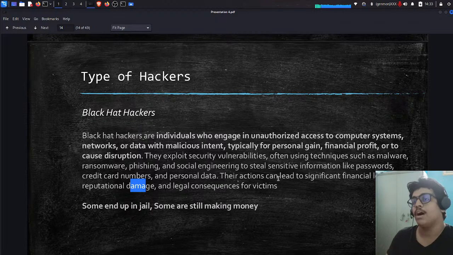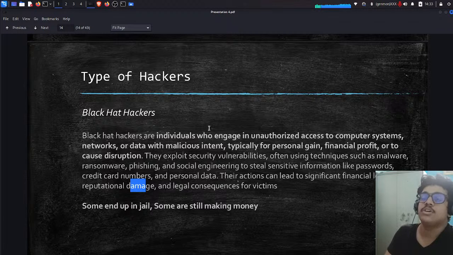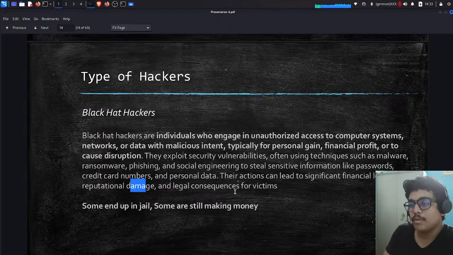So if somehow your Paytm is exploited, all this data can be publicly accessed. It can be exploited, it can be destroyed, but mostly it is used. If someone has your account number, your card number, your CVV, they can simply use your card for payments. So their action can lead to significant financial loss, yes, financial loss, and reputational damage if a company is exploited. For example, if a company is hacked, people will not trust the company in the future.